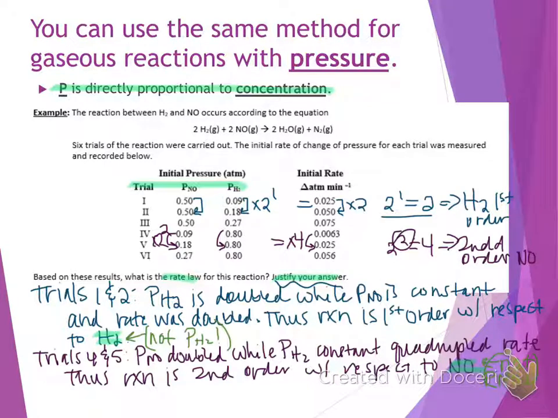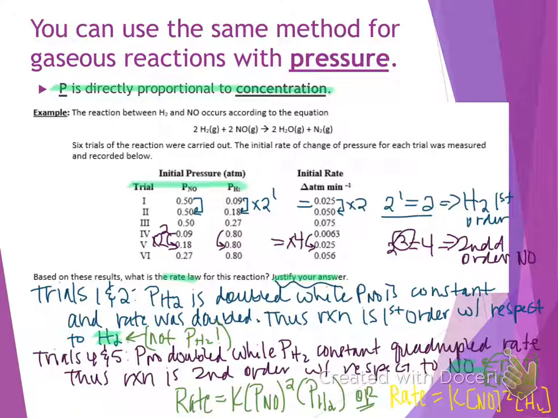Now we're ready to write our rate law. The rate law is always our rate constant times the concentration, or we could use the pressure here. The pressure of NO, or the concentration of NO, should be squared, and your pressure or concentration of H2 should just be raised to the power of 1. We're going to be practicing more in class about determining these rate laws from experimental data, but until then,